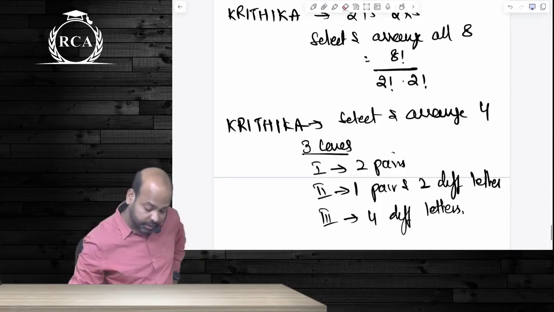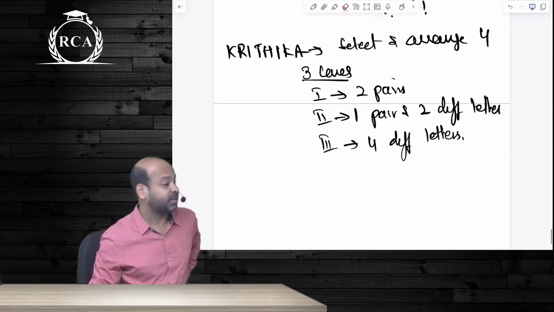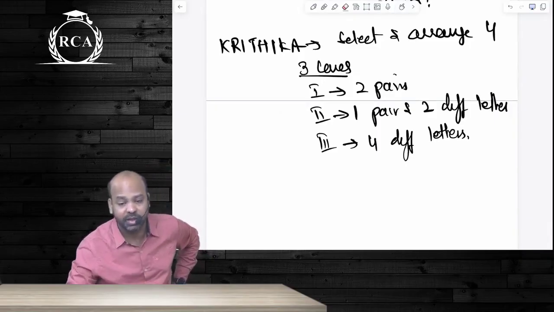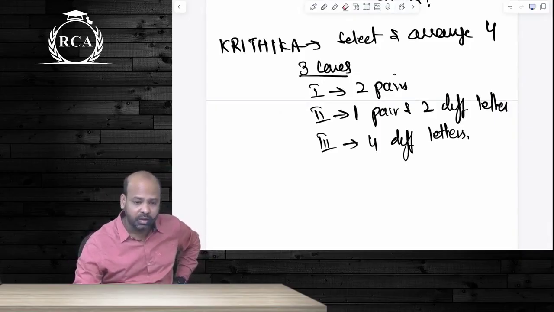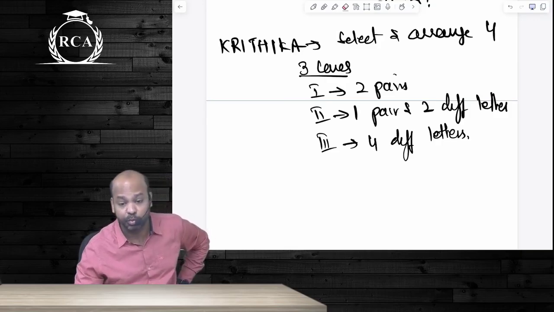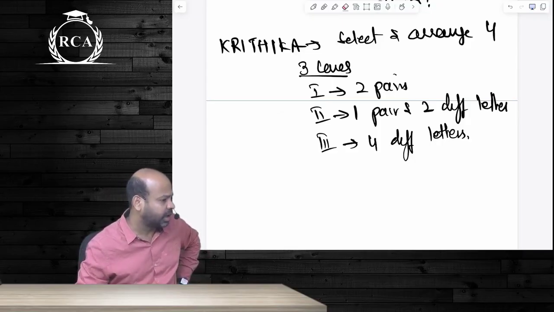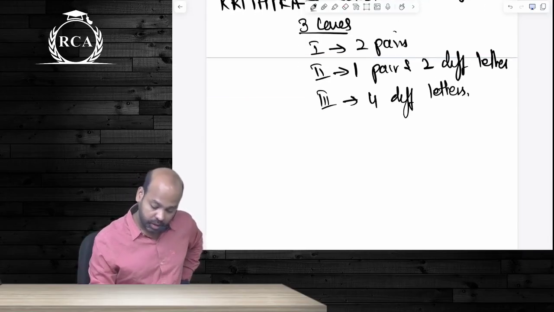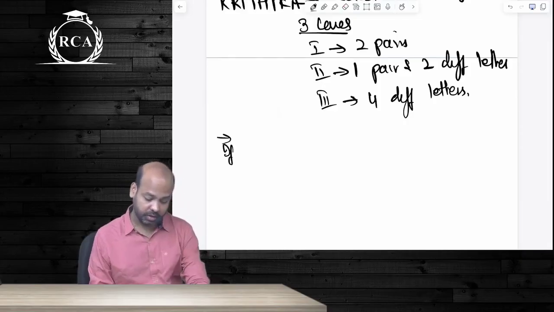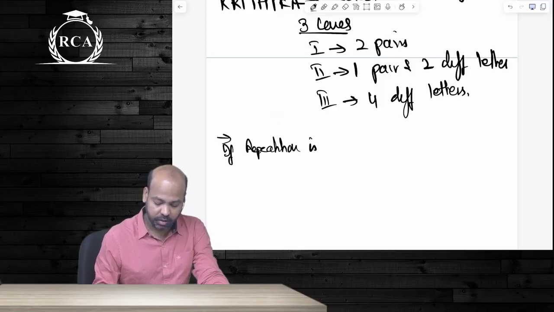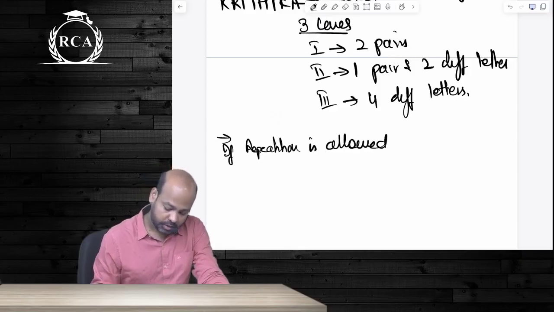Next, beta, if repetition is allowed in the answer. Did you understand this? Now the case that I just gave is where repetition is given in the question, in the word. The next case is where repetition is allowed in the answer. Because repetition is allowed in the answer, every place can be filled up in, and if there's a group of n distinct objects, and r places are to be filled up, in how many ways can you do it? n power r. Write, beta, if repetition is allowed.